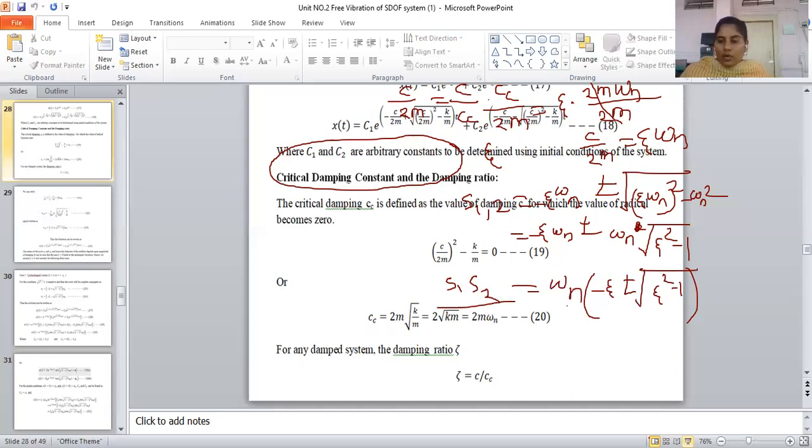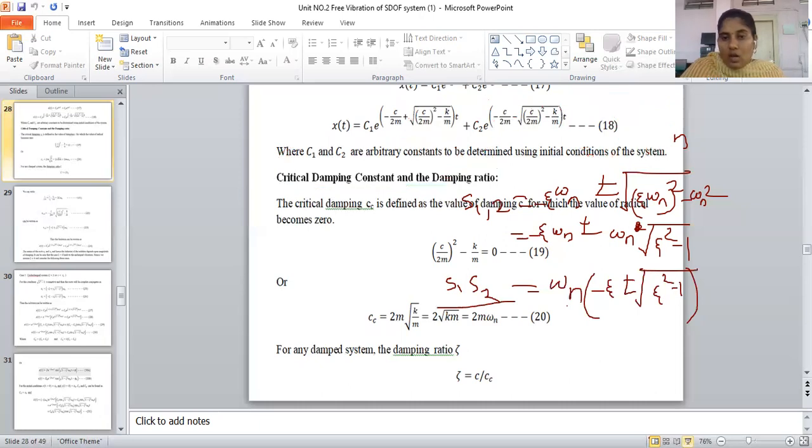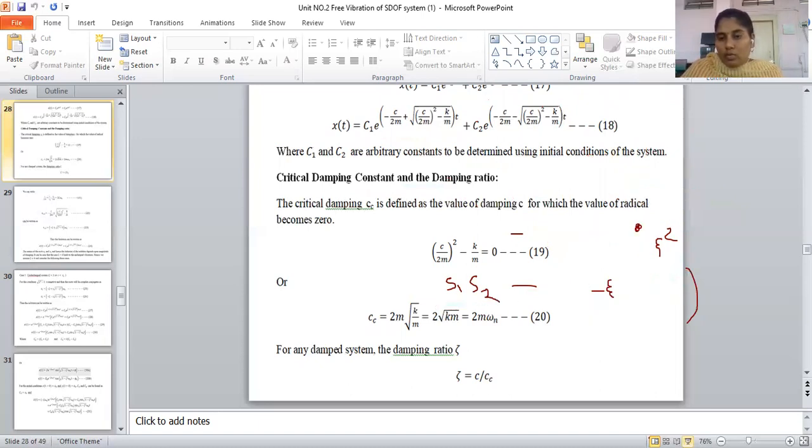I hope all of you have cleared this. I will erase this part and I will tell you once again so we can move forward. If you understand this very nicely, then you can solve all the boundary conditions, whatever the equations are here to solve. Once again, I will tell you. So you please give attention over here. Okay.